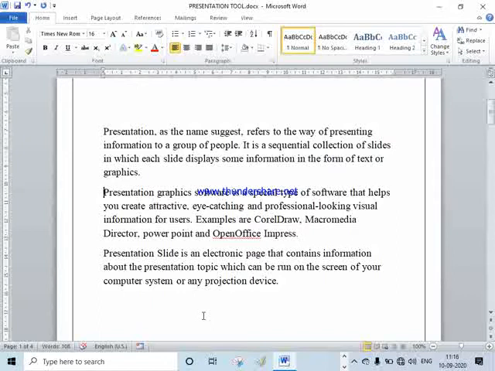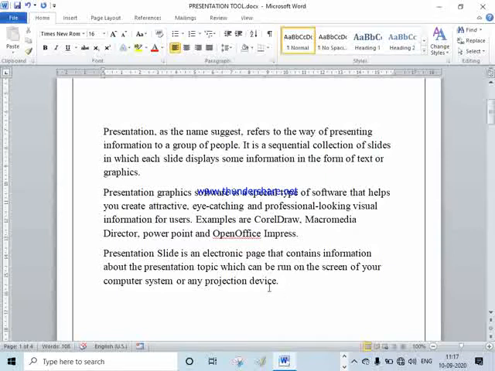And what is a slide? Let us understand this topic. A presentation slide is an electronic page, just like this page, that contains information about the presentation, which can be run on the screen of your computer or any projection device.